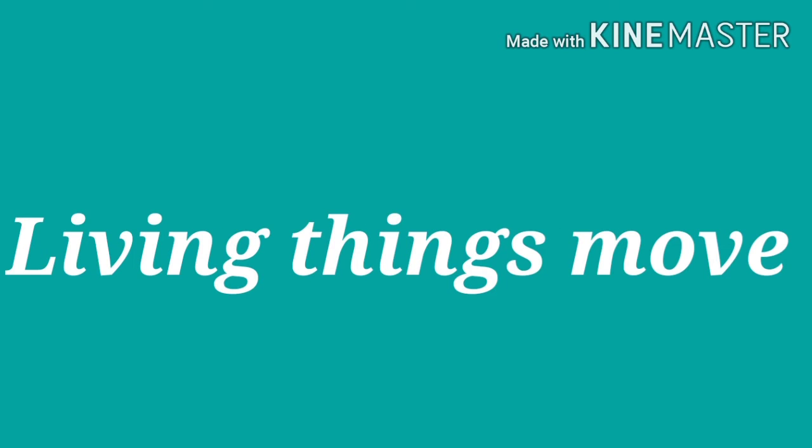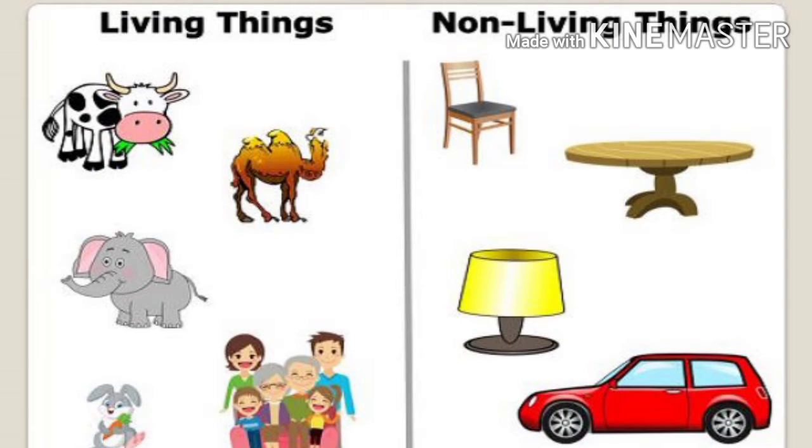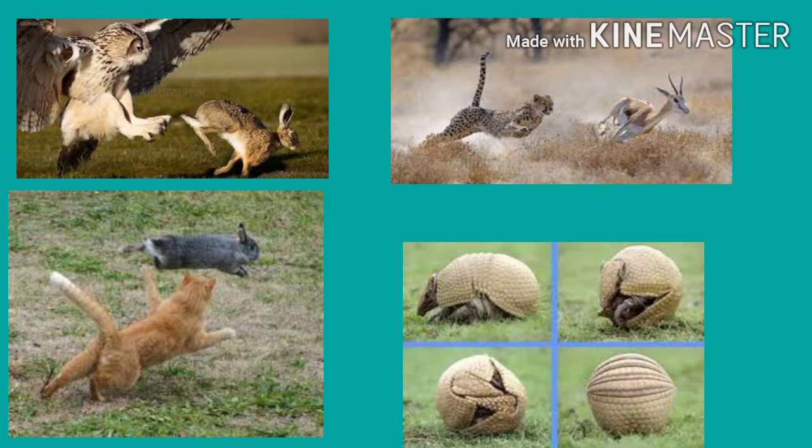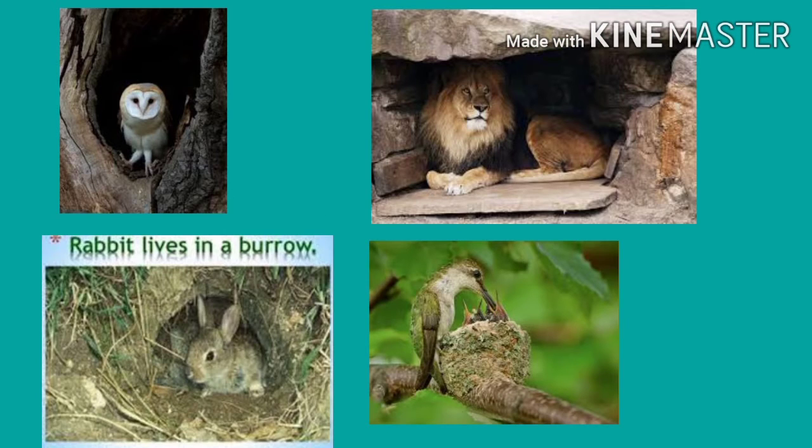Today also we are going to see some of the characteristics of living things as well as non-living things. Come children, let us enter into the session and see what all the remaining characteristics are. Living things move on their own, whereas non-living things do not. Animals mainly move from one place to another in search of food and water, to escape from enemies, and to return home to their shelters.